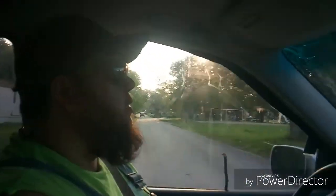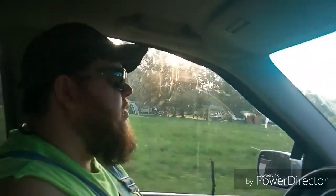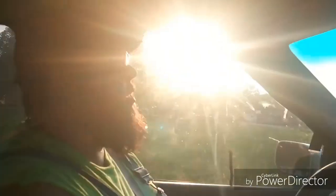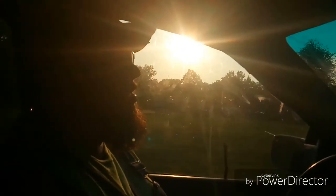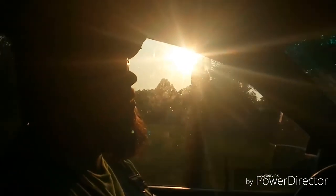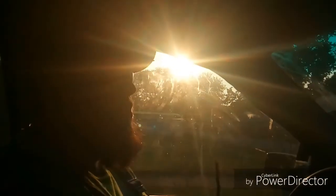We're going to go down to, well, it's a Funk property. It used to be owned by him. Not going to say his whole name on YouTube for the world to know, but he used to own it, and there's some man-made ponds back there. Got some pretty nice sized bluegill. You guys have seen Fat Boy Dan do some fishing back there